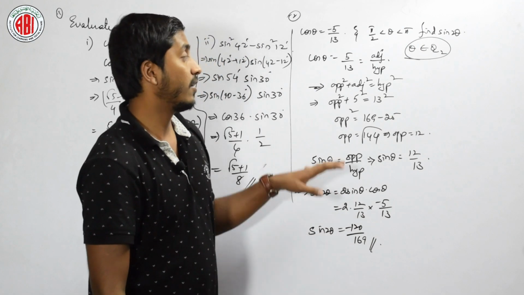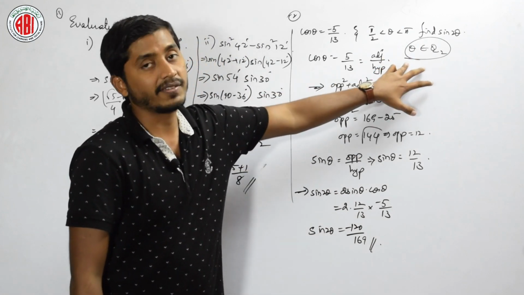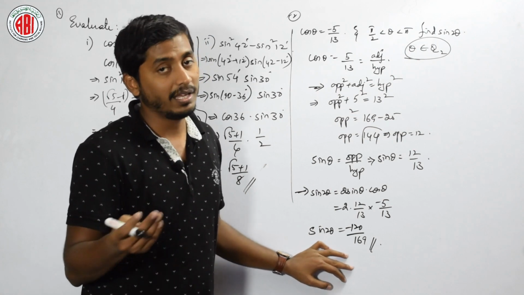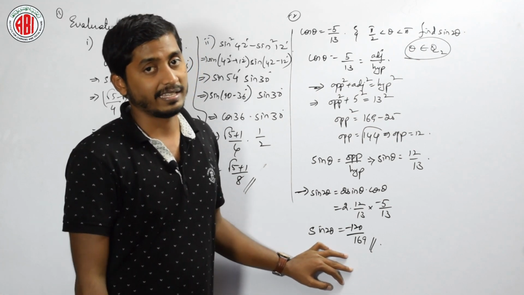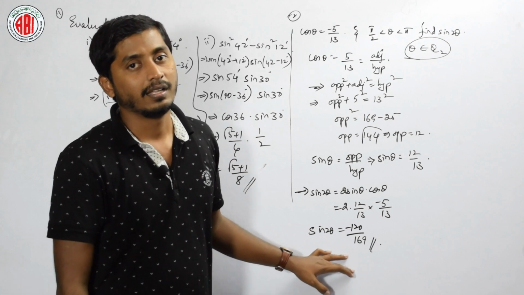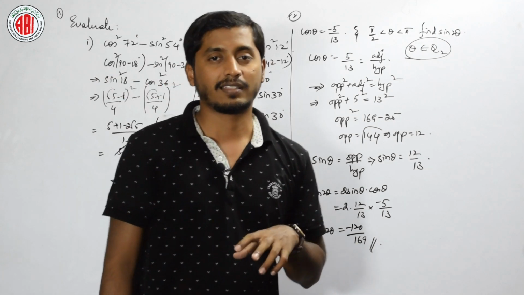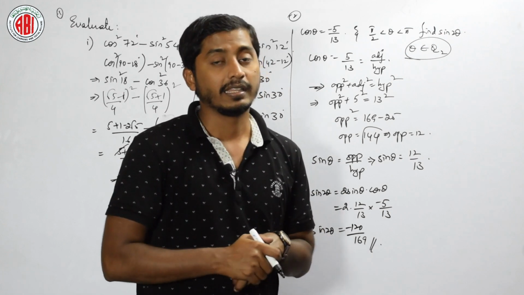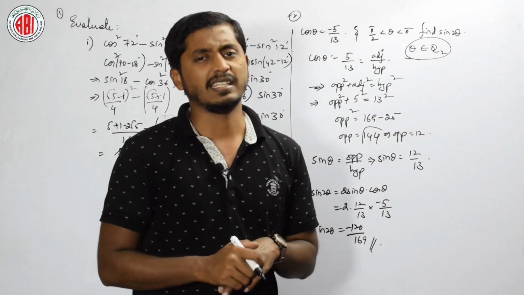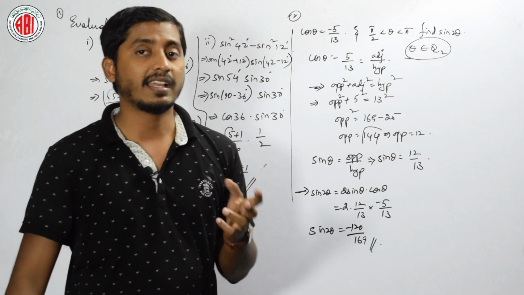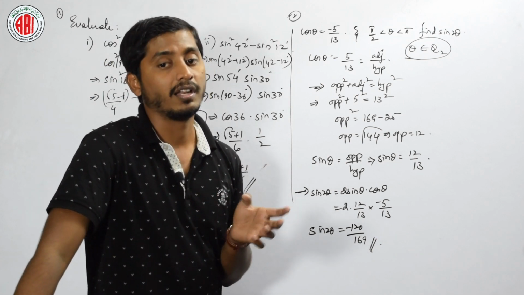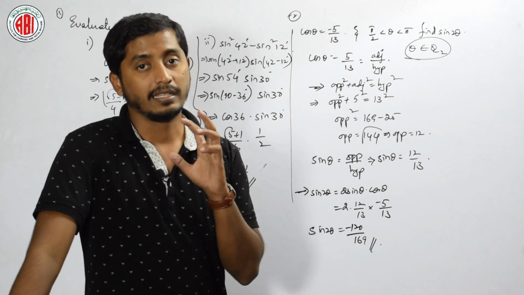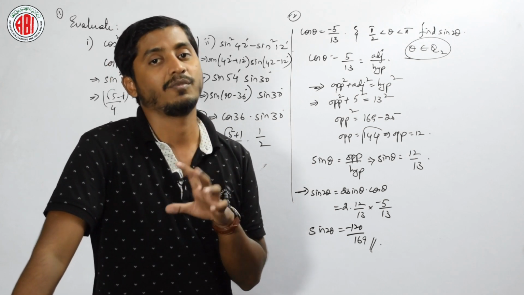Remember, the value of sin theta is positive in the second quadrant, but the value of sin 2 theta may be or may not be negative or positive in the second quadrant. Is it clear? Hope you can understand such kind of basic thing. Theta is different, 2 theta is different. They may vary or they may be same, right. We have seen that sin is positive in first and second quadrant, but we can't assure that sin 2 theta or sin theta by 2 will be the same positive or negative in the same quadrant.